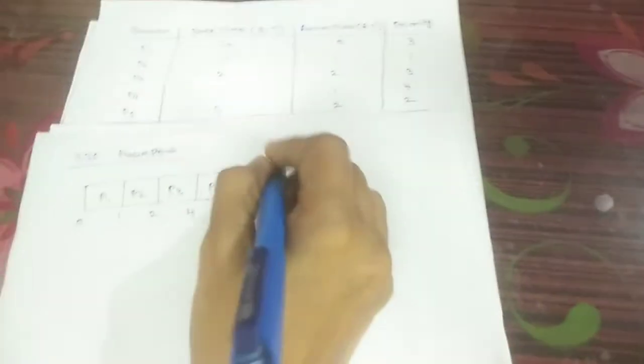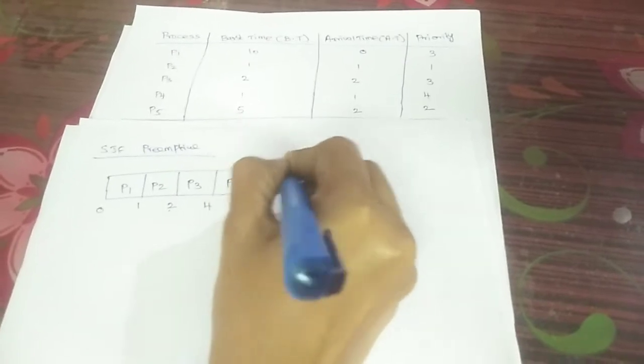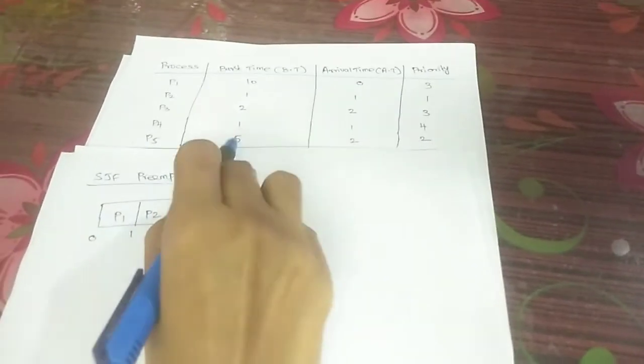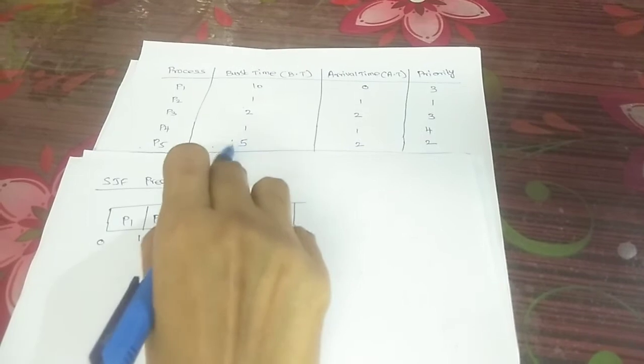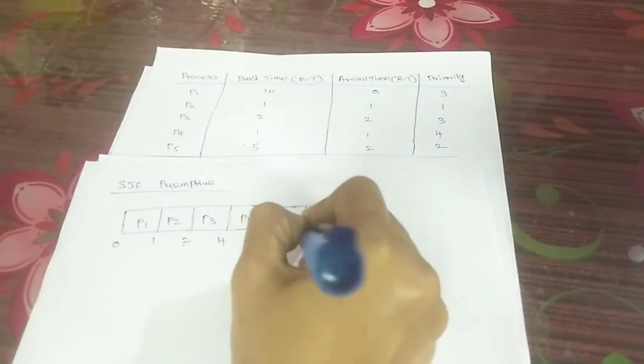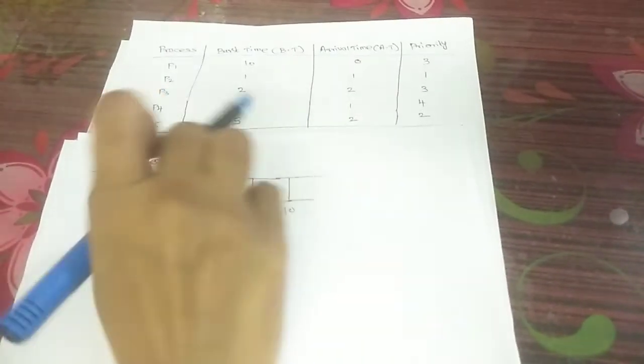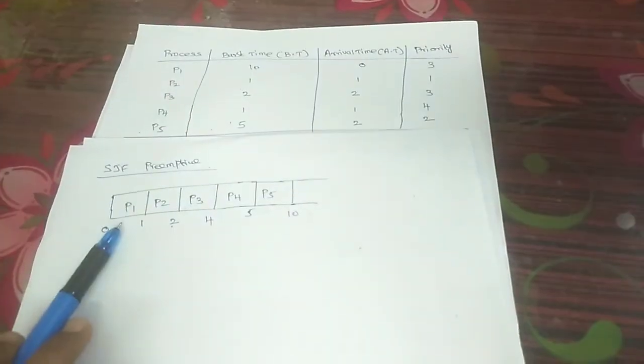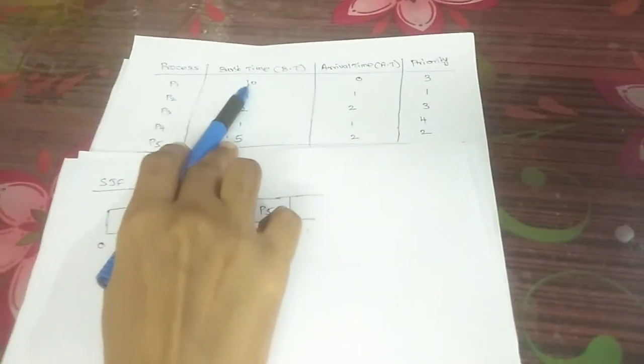Next we are going to have the shortest burst time as 4, P4. Next P4 will be entering and its execution time is 1. So 5, and next we will be having the next process P5. P5 is going for execution and it executes the whole 5 milliseconds, that is 5 plus 5, 10. The remaining process P1 executed only 1, so it will be having 9 remaining.